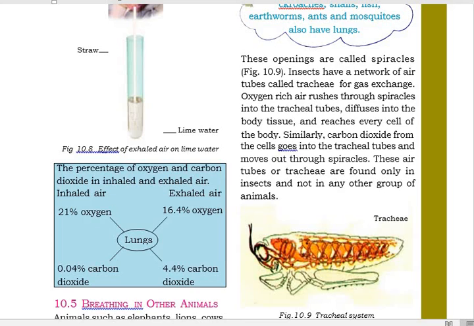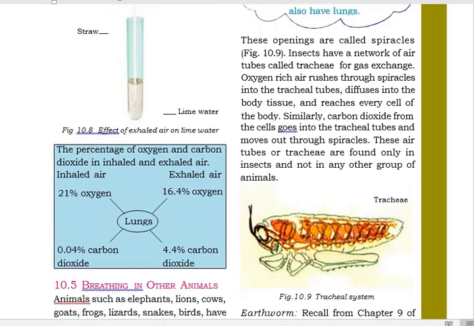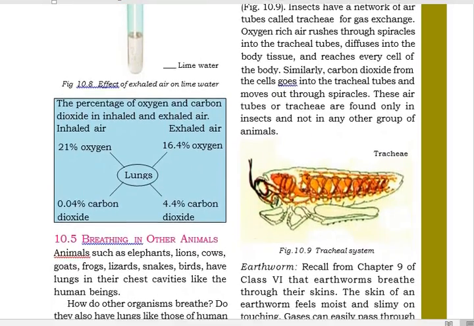That carbon dioxide enters the atmosphere, and the green leaves of trees, during photosynthesis, absorb the carbon dioxide from the atmosphere and in turn, during the preparation of food, release oxygen gas. That is why nature's balance is maintained by the trees and the green plants. So this is about exhalation, and the quantity of carbon dioxide is more in exhalation.